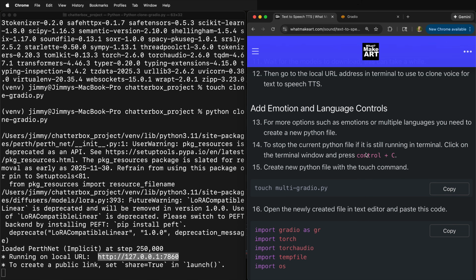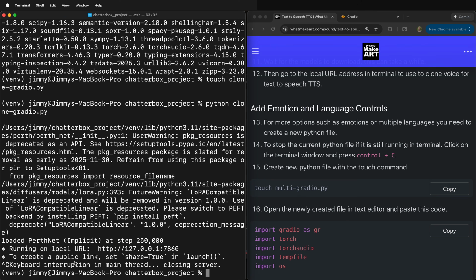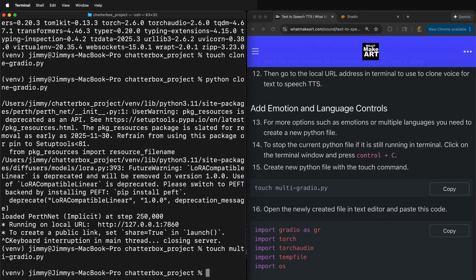First, we need to stop the current Python file. So if I click here, I'm back in terminal, and if I press Control-C, you'll see it closes the server, and now I'm back to Chatterbox project. Next, I want to make a new Python file. This time, it'll be touch multi_gradio.py. I'll copy this, I'll paste it, and now I have a new Python file, but I need to put code